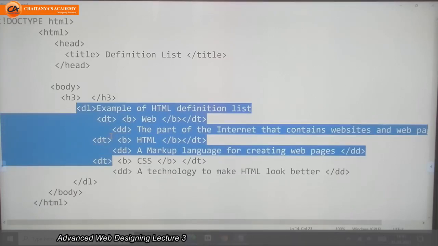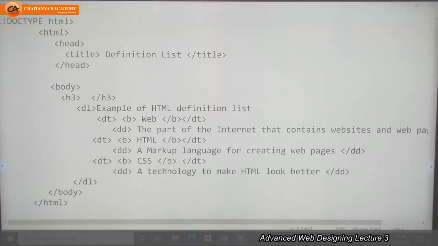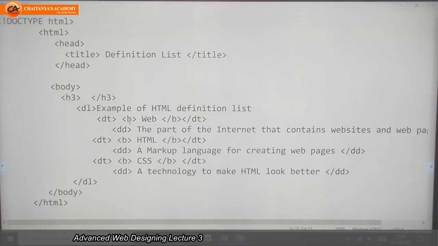For this, you don't have any attribute because we will not display the data with numbers or with symbols. We will display it just like with title, subtitle, like that. That's why here there is no attribute. If you want to make the text bold, italic, underline, you can use the corresponding tags.